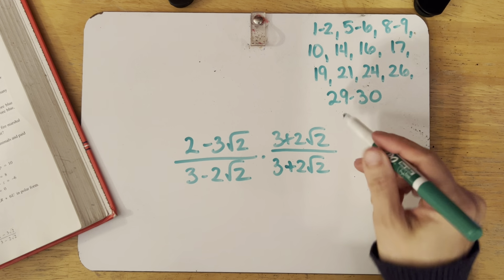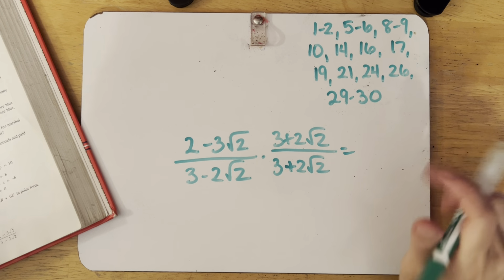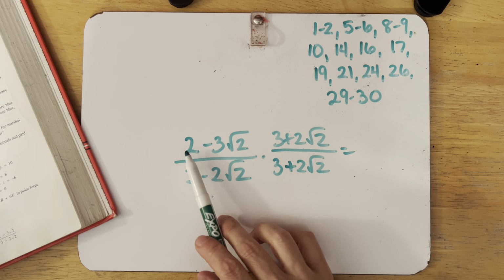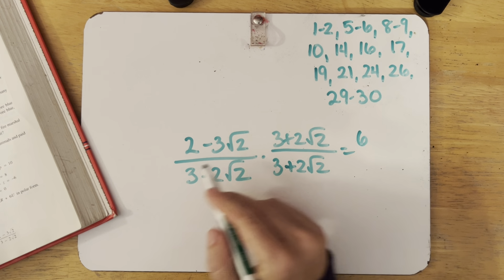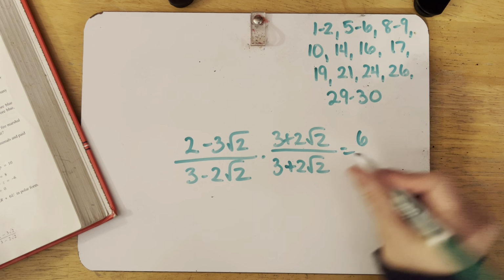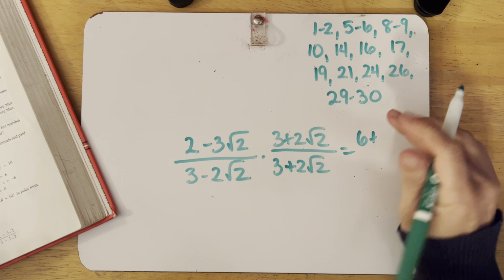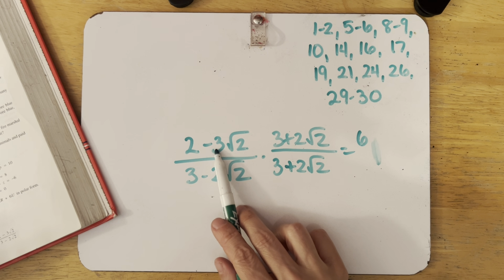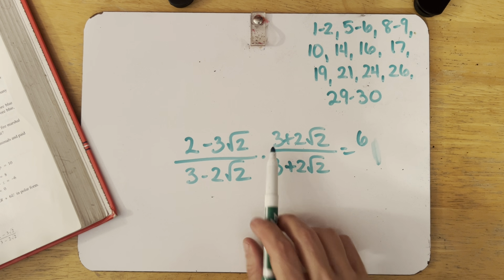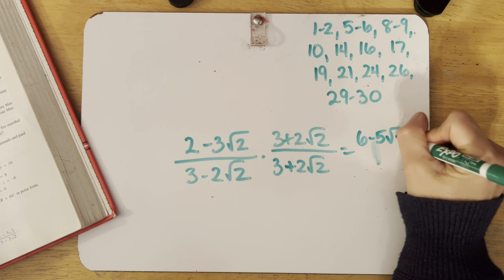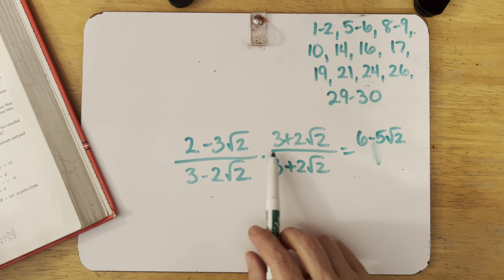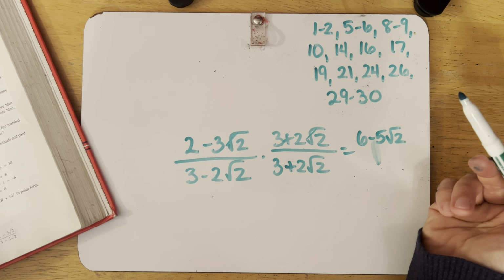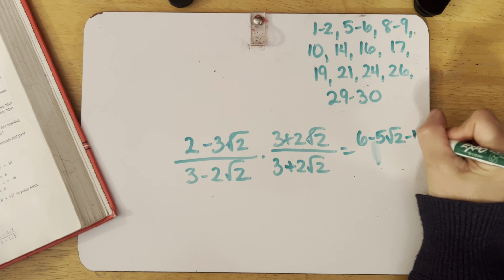Okay, so we'll do the top first. I don't know if I'm going to have enough room here, if it's going to cut off. First, we're foiling. First, outer, plus inner times last. So first times first, we get 6. Outer, 2 times 2 is 4. So plus, let's see, try to do this all in one step, 4 and inner is negative 3 times 3, so 9, minus 9. So minus 5 times the square root of 2. And then negative 3 times 2 is negative 6. The square root of 2 times the square root of 2 cancels out to be just 2, so minus 12